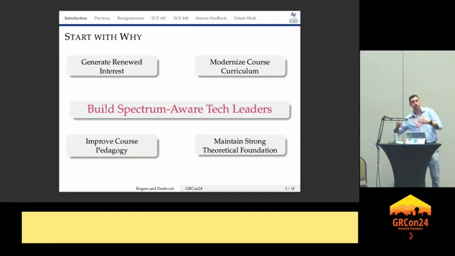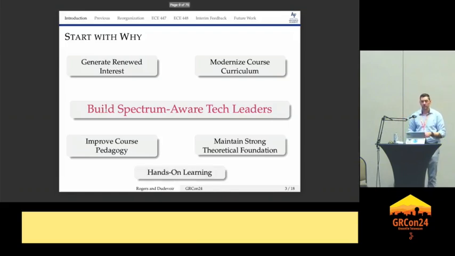I don't want to get rid of that theoretical foundation because that's important stuff to know, but I want them to be able to tie that to the real world. And the way to do that is by implementing hands-on learning, just like we heard from our SETI friends earlier today who talked about that. And the compelling questions that we can get them to ask in the presence of software-defined radios, I think, are the things that are going to help us accomplish all of these things.